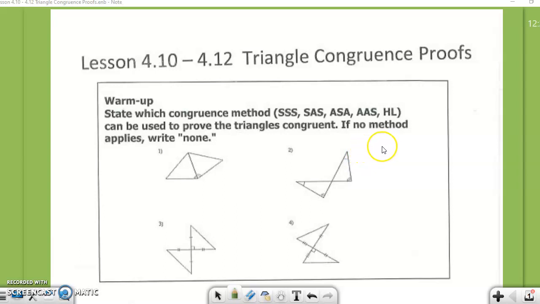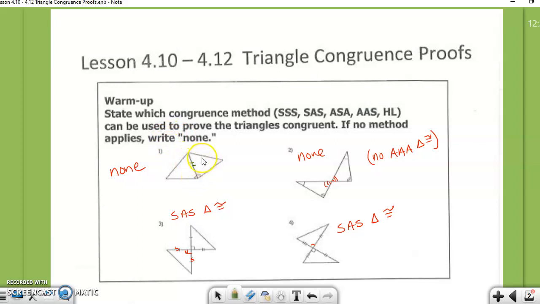So look over the warm-up. This is like some of your previous work. Pause the video and then come back and check your work. Okay, here you do not have enough information. Even though you know that this segment is congruent to itself, you don't know anything about the other angles or other sides. Here you do know that you have congruent angles, two sets, and then you have vertical angles here,